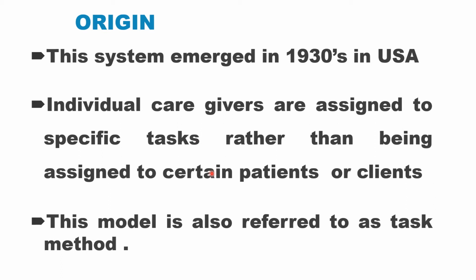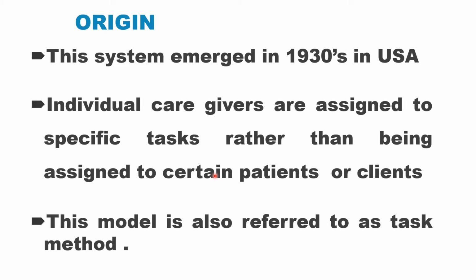In the previous two videos, we have discussed two methods. One was case nursing, the other was primary nursing. In both of these techniques, the nurse will give total care to the patients from admission till discharge in primary nursing, or when she is on duty in case nursing. That means the registered nurses are assigned to a group of patients or to a single patient according to his needs, where she will perform total care.